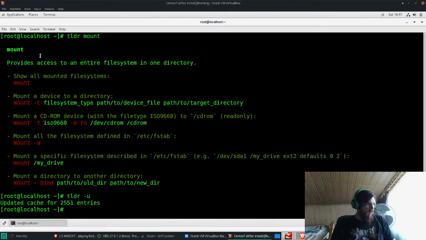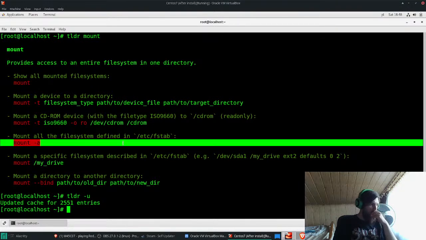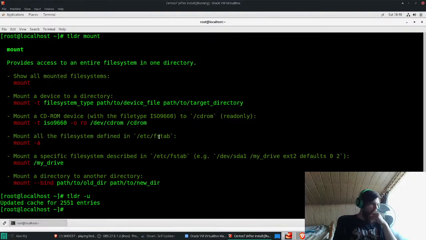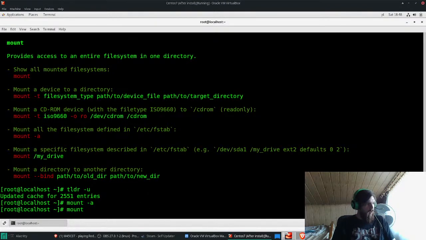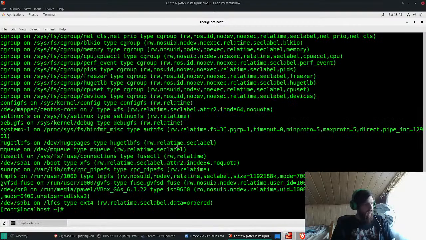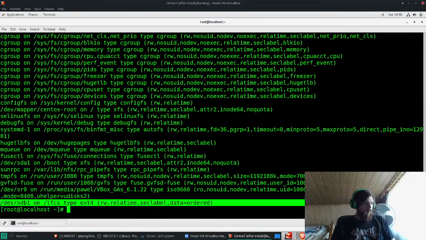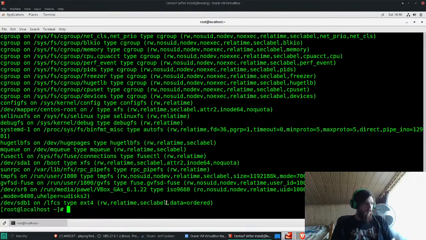But yeah, going back to the mount command, we can use this command to mount all the file systems defined in the fstab file. So yeah, let's use it. And it didn't complain. This is a good sign. Let's now use the basic command, which will show all mounted file systems. Yeah, the big output is here, but the latest mounted file systems are always on the bottom. You can see it here. We got the label on it as well. It's mounted on the LFCS directory,